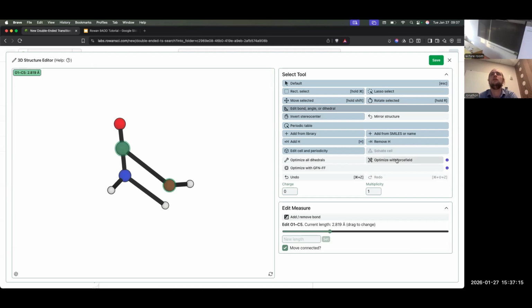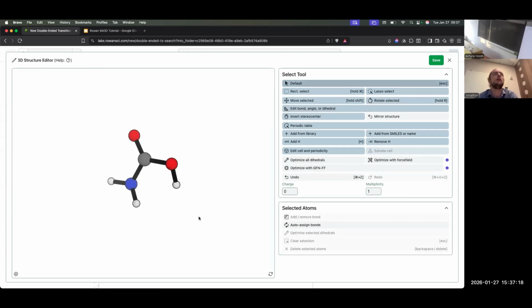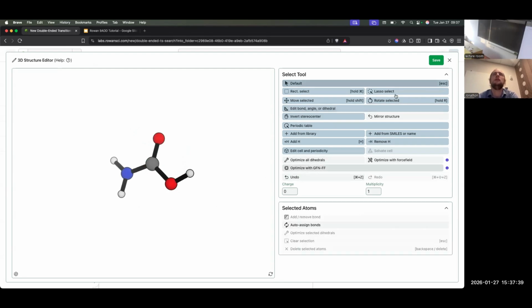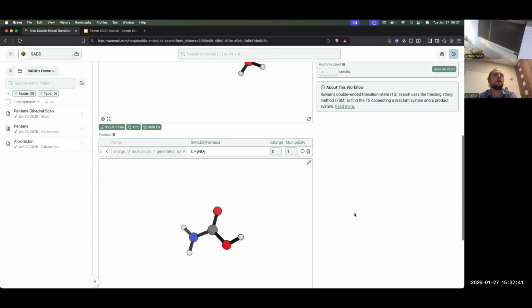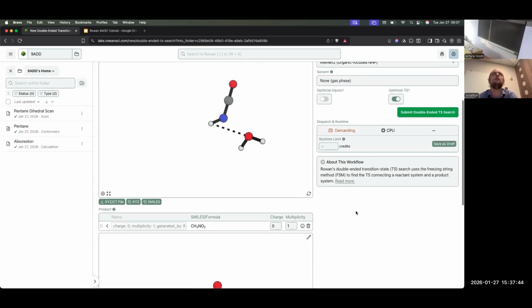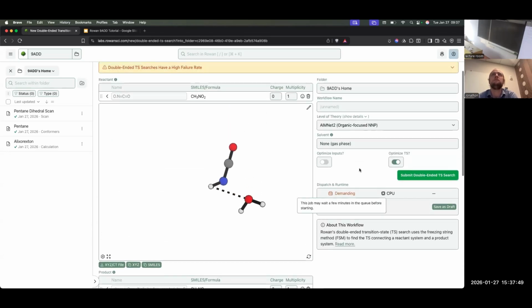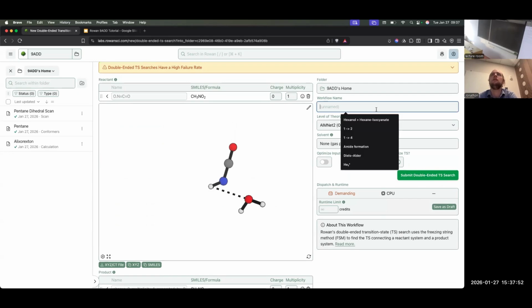And what we can do is just use the optimize with force field to quickly snap it into place. In this case, I know that we usually have this all the way up here. And so this is going to be our optimized products. We can quickly do a GFNFF optimization if we need to. There's a lot of minor tricks to get things to go well, but here now we have both of our reactants up top and our products on the bottom. We can then call this